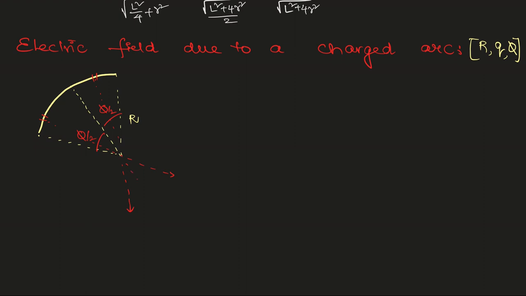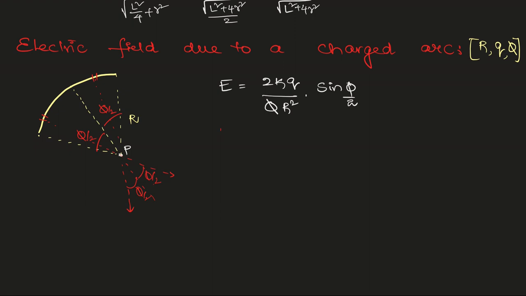So for the net x components, this is phi by 2, this will also be phi by 2, and this will also be phi by 2, so we have to integrate those x components. The derivation is not that important here, but the electric field at the origin or at that point P is given as 2kq by phi r square into sine phi by 2,